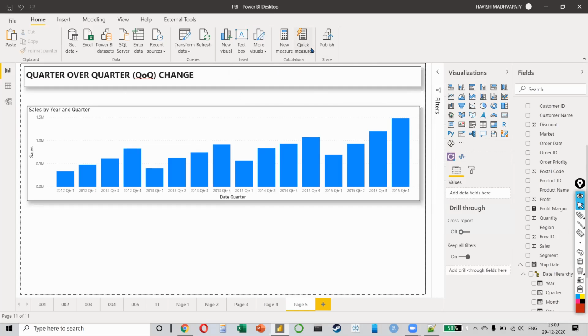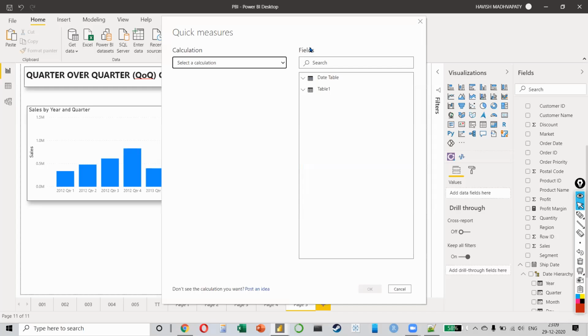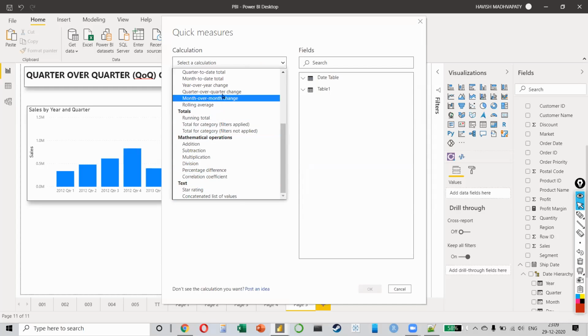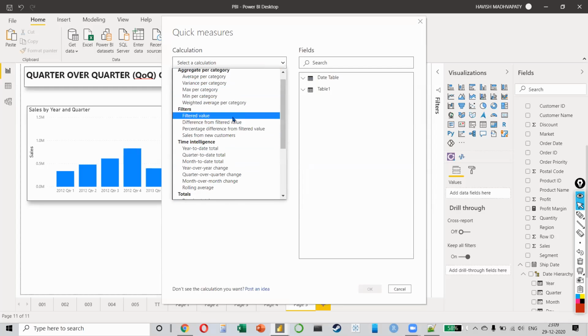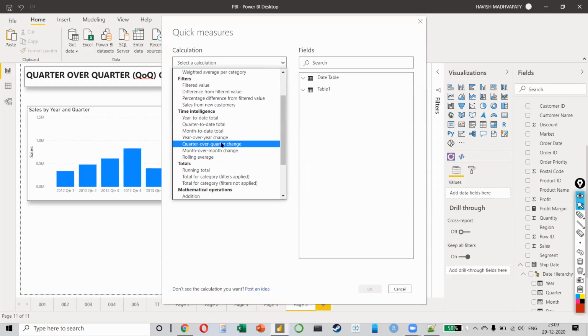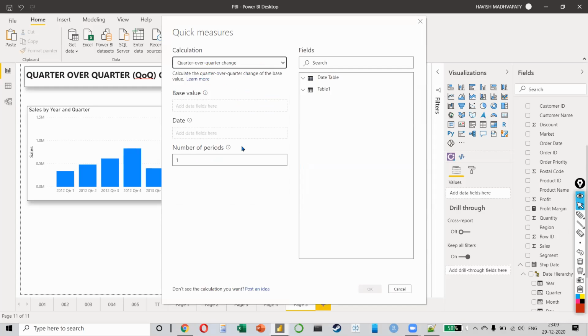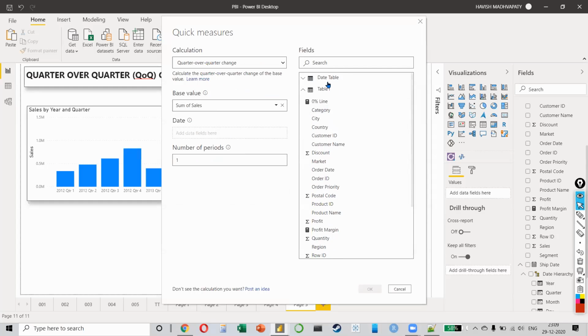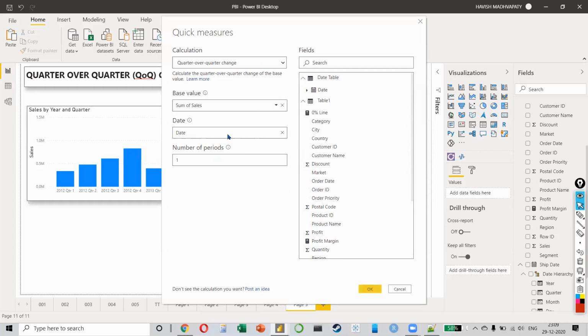So I will click on this, on the quick measure. As you can see, they have already given you all the calculations that you will require. We want to select quarter over quarter change, this one. And it will automatically create the formula. We don't have to do anything. In the base value, we'll keep our sales value. And in the date, we'll keep our date from the date table.